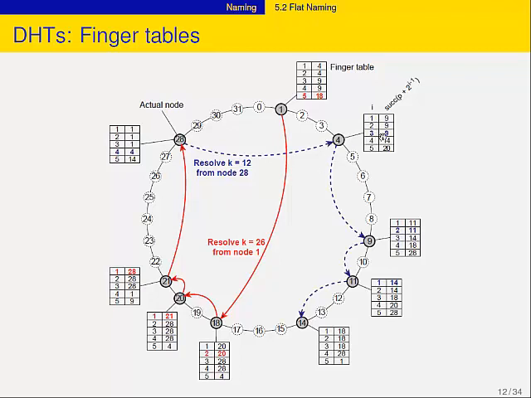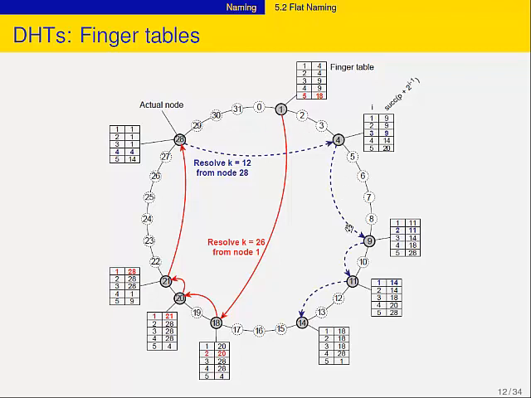Okay, let's take a look at these entries in this finger table. What I'm drawing over here is the entire identifier space. So in principle, there should be 2 to the power 128 nodes here if I would use 128 bits. I'm just using 5, so I have 2 to the power 5, 32 nodes.